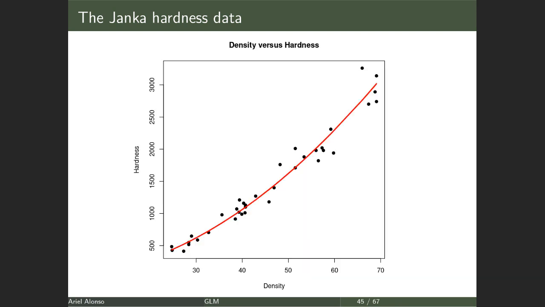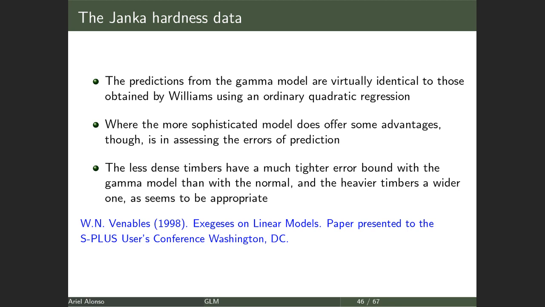Now, this is the fit you got with the quadratic linear regression model. And this is the fit you got with the gamma GLM model. And you may think, what is the difference? Well, the difference is very small, right? So when you use the gamma distribution with a root square link, you get the blue line. When you use the quadratic polynomial for the linear regression, you get the red line, and they are very, very similar. The difference comes in the variability across this mean, because